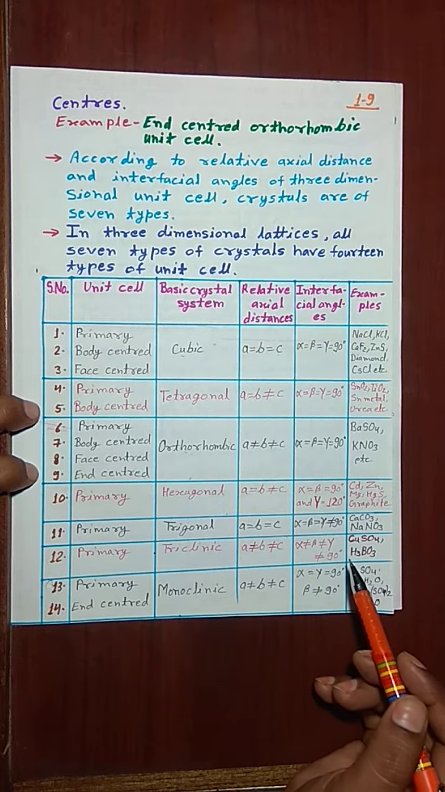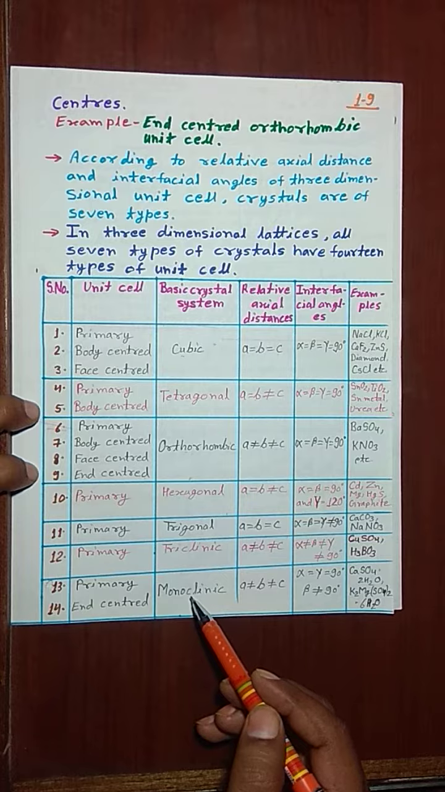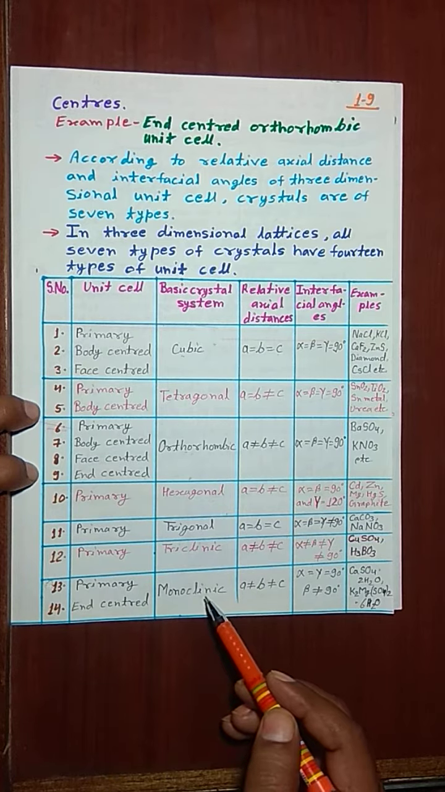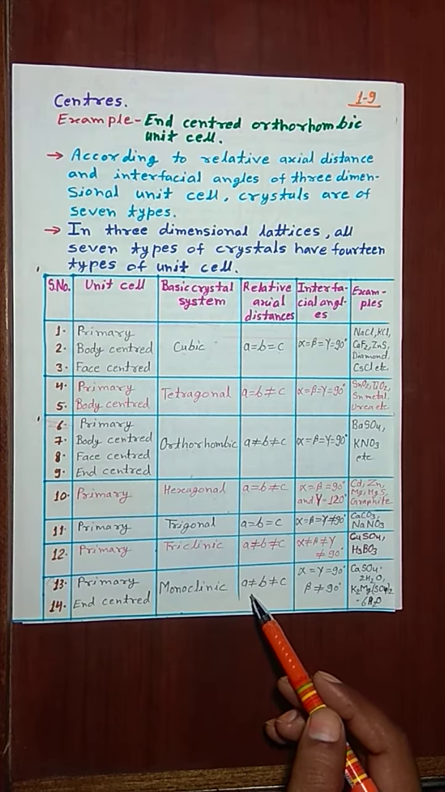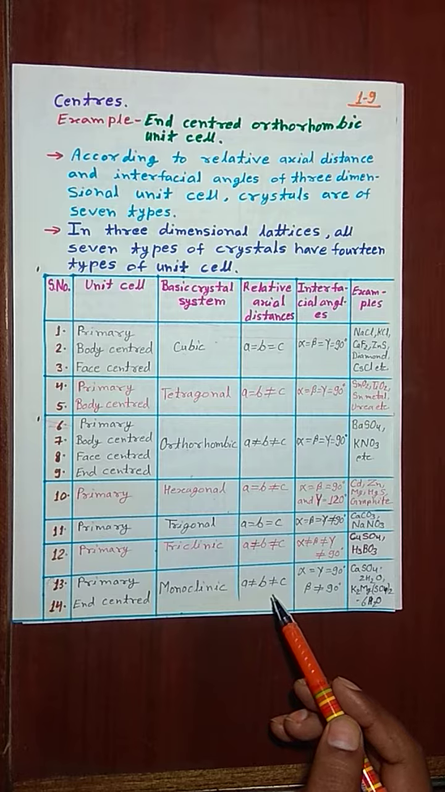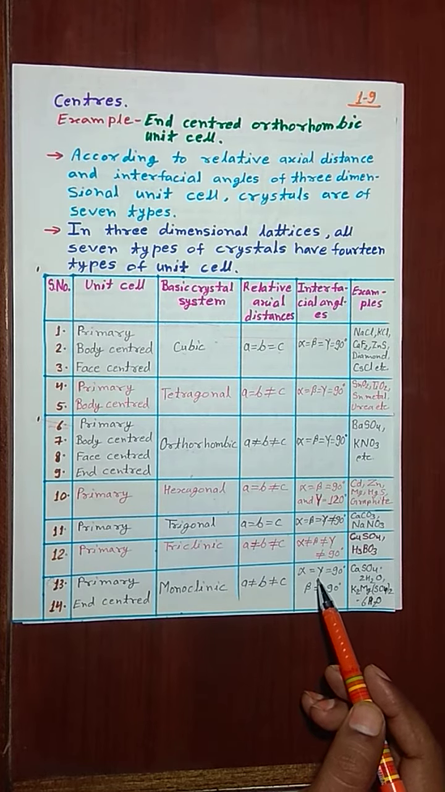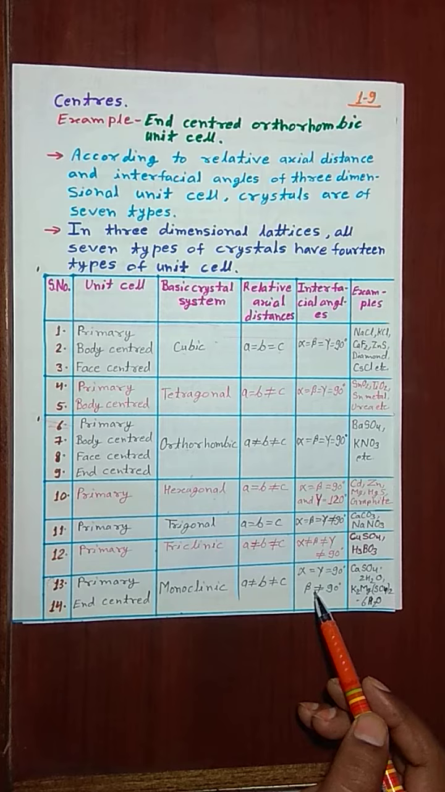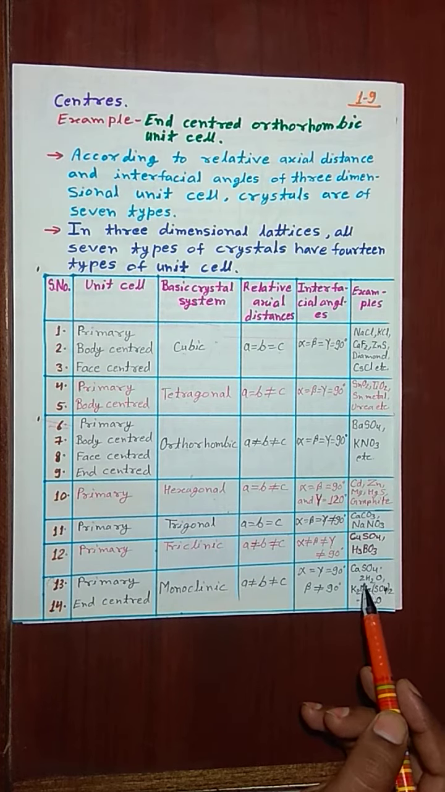H3BO3, etc. And the 13th and 14th types are primary monoclinic unit cell, and the 14th is end centered monoclinic unit cell. Relative axial distances A is not equal to B and B is not equal to C. And interfacial angles, alpha is equal to gamma is equal to 90 degrees, and beta is not equal to 90 degrees, such as CaSO4 into 2H2O,